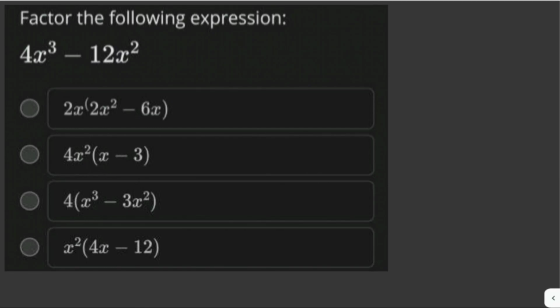Factor the following expression for x cubed minus 12x squared. Now to factor, we just have to extract the common factor in the expression, or the common terms, or the common number, or the common variables. So let's do that. We have 4x cubed minus 12x squared. So x squared here is common,